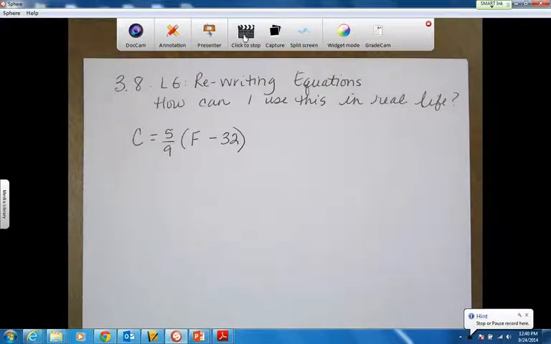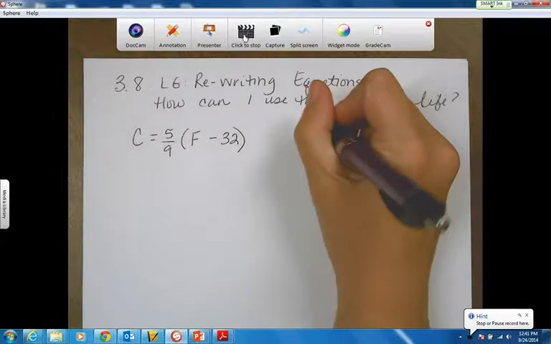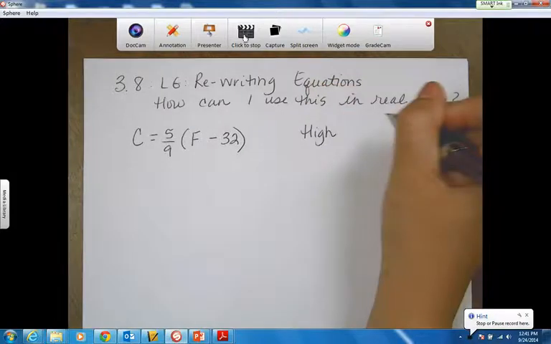You probably need to know, is that hot? Is that cold? Like, what am I supposed to wear? Okay? So even Canada uses Celsius instead of Fahrenheit. So if I look at this, we're going to say, okay, if the high today, wherever we're going, is 23 degrees Celsius, and the low on the news was 13 degrees Celsius, we might want to know what that temperature